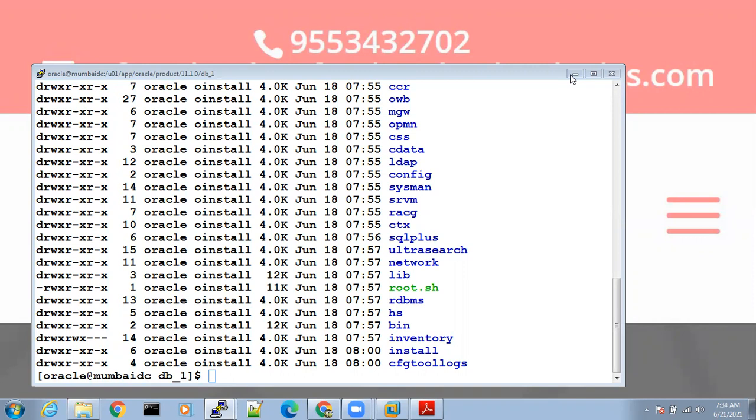But if you create a database manually, each and every step that the GUI is doing, you are doing it manually, then you will understand each step, so that if there is any issue in future, you can solve it very easily. That is why we are going with manual database creation.